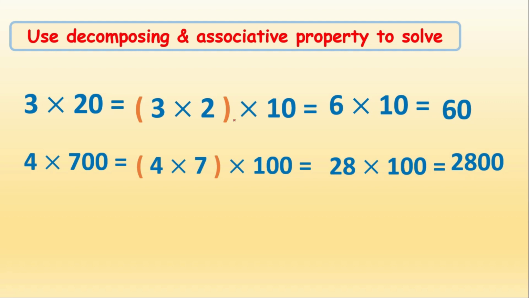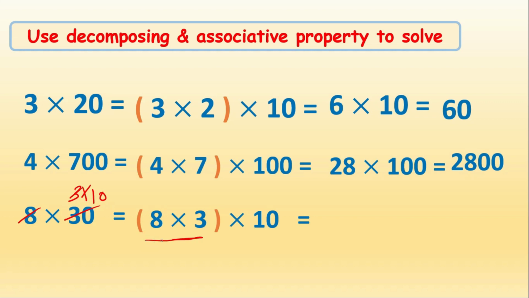2800. Okay, another example 8 by 30. Decompose 30 to be 3 times 10 and now write the numbers 8 by 3 by 10 and group 8 times 3 to be 24. 8 by 3 or 3 by 8 equals 24 times 10. So write 24 times 10 and multiply 24 by 1 equals 24 and drop 0. 240. Okay,